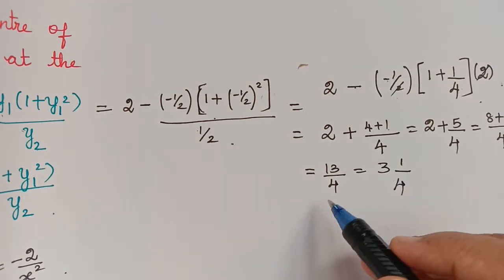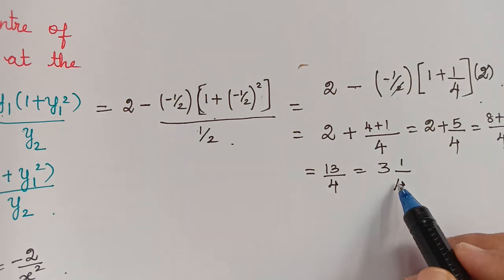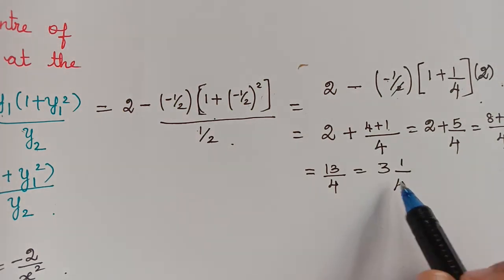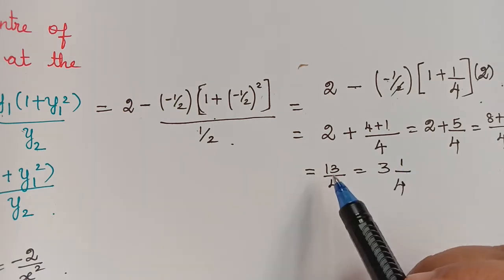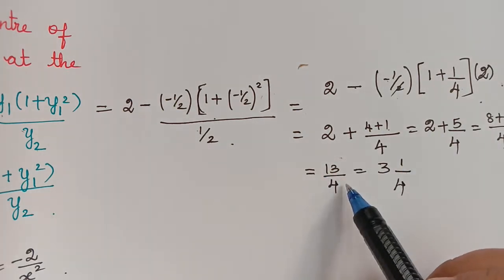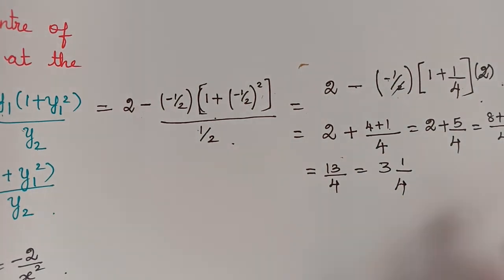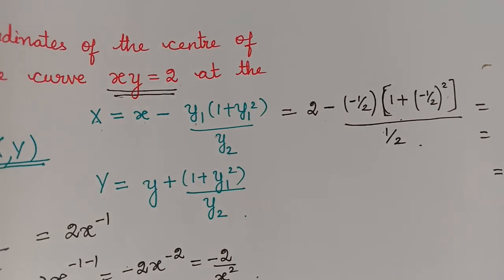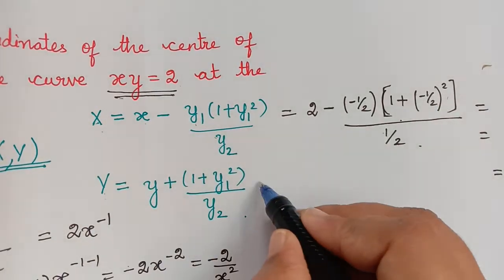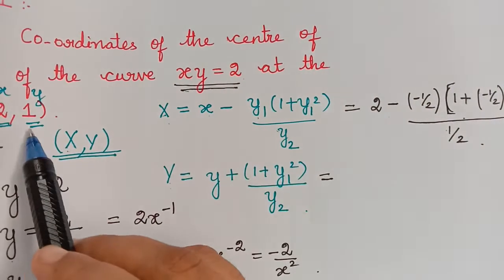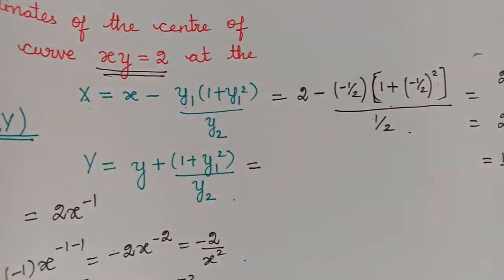Either we can have it in this coordinate, or we can write it in mixed fraction. It is our choice, because anyway this is 4 3 times is 12. 12 plus 1 is 13. So 13 by 4. Either we can have it in this manner, or you can have it like this also, 13 by 4. That is, we can have it as an improper fraction also. So next we will find this, that is capital Y. So that will be equal to, now what is the value of y? The value of y is 1. So that we have to substitute here.